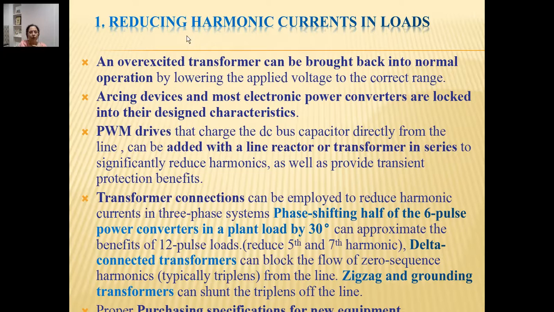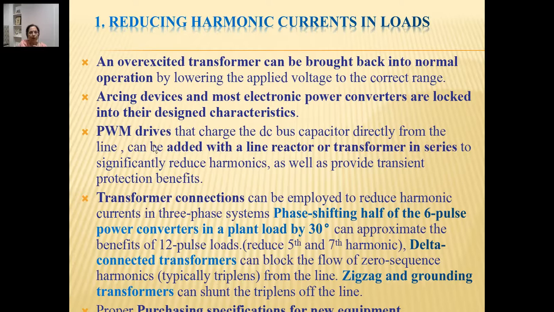So for reducing the harmonics, the overexcited transformer can be brought back into normal operation where it becomes linear and harmonics are reduced. Arcing devices and most electronic power converters are locked into their designed characteristics, so there is control of the harmonics, which are generated as characteristic harmonics.